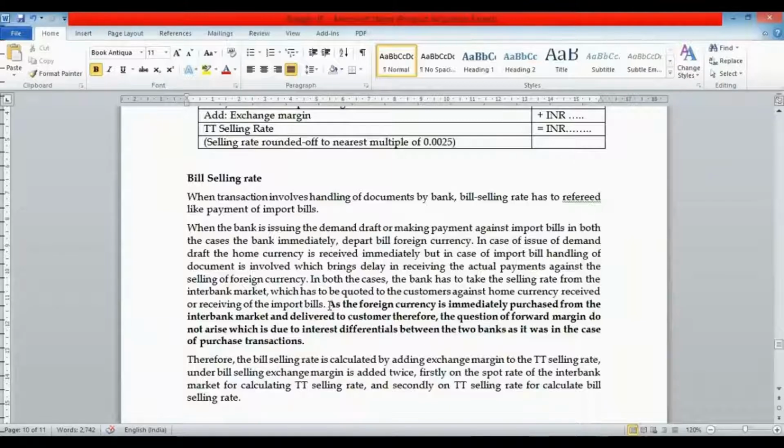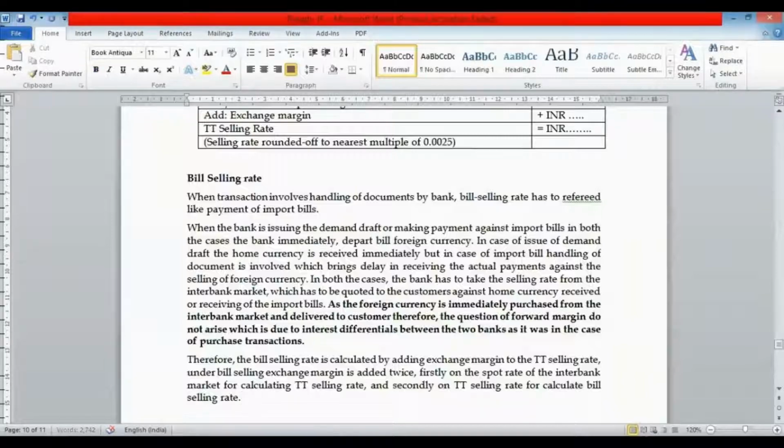But the bank is holding the document. For that holding, there will be some exchange margin. So for holding the document, the bank is going to charge some amount, and that will be your exchange margin. So what we have to do, very clearly,